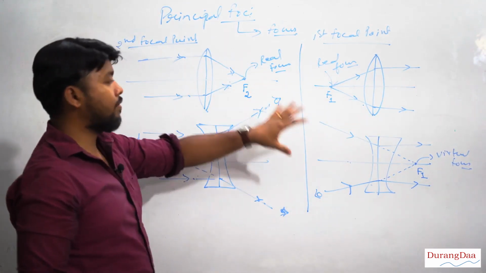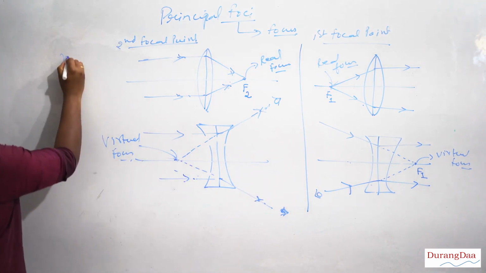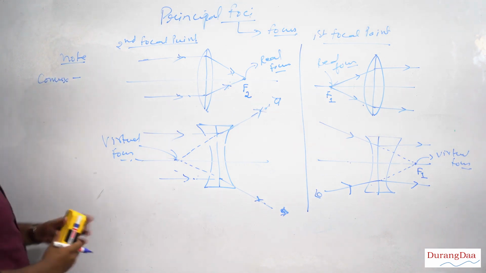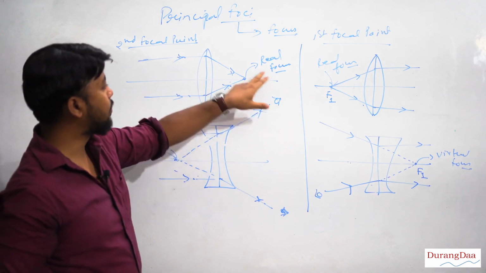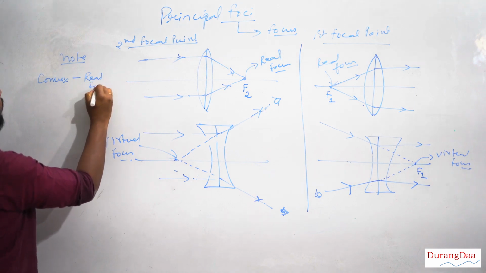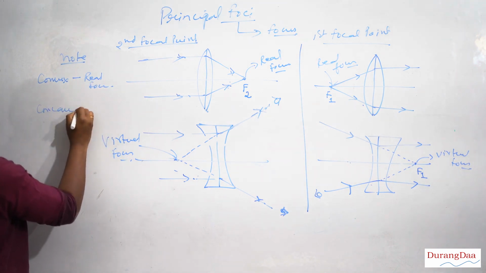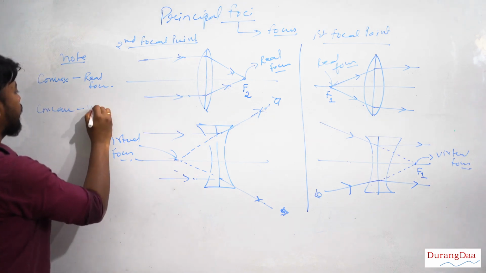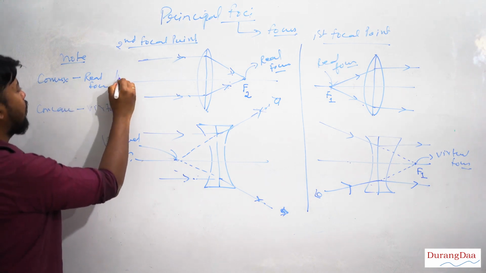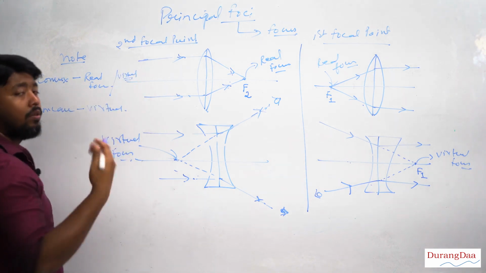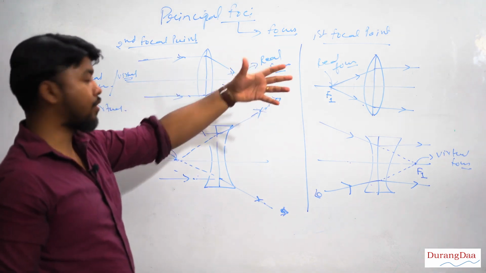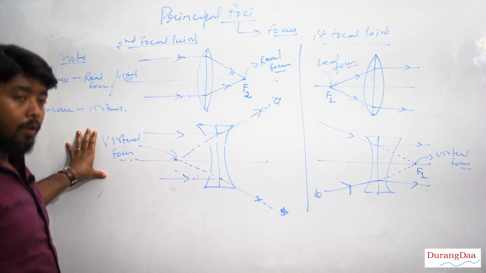All right. One conclusion we will draw from here, you can write it in your notes: for a convex lens, which type of focus do they form? See both the figures, real, real. So they always form a real focus. For concave, the focus is always virtual. However, one exception is there. In one case, it can form a virtual focus also. That we will do when we do the ray diagrams. So, for convex, the focus is real. For concave, the focus is always virtual.